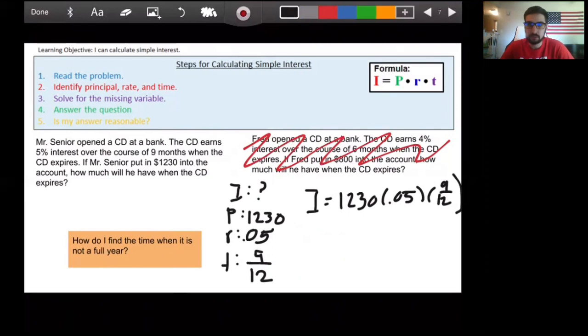Okay, so to make this easier, you could make that 9/12 into a decimal, or you can make everything else into a fraction. That is up to you. For me, I know 9/12. If I do 9 divided by 12, it's the same as 0.75. So I can multiply all of these together to get my answer. So 0.75 times 0.05 times 1,230 is equal to